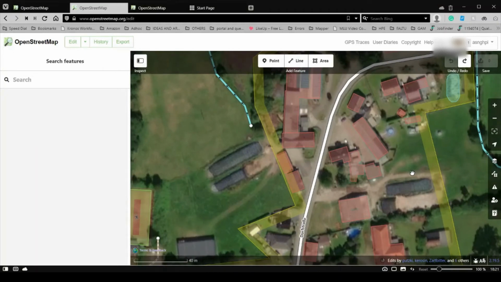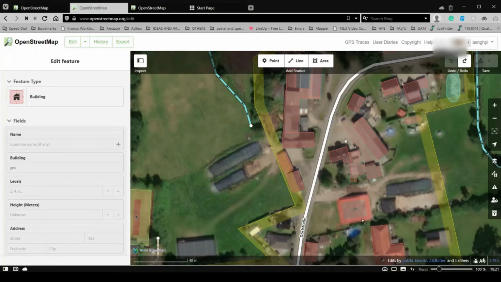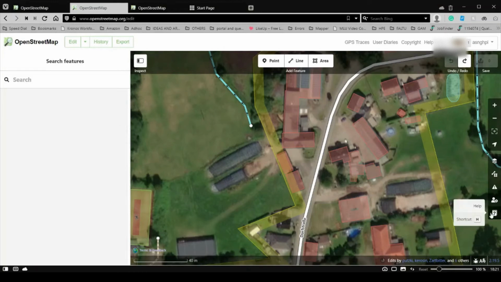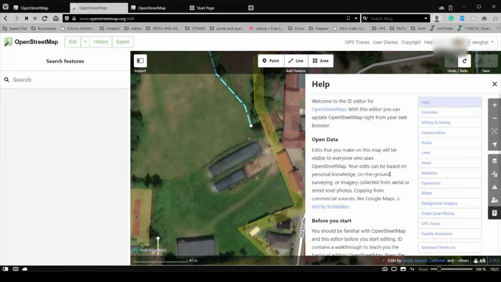There is also a dialog box to the left of the map. The dialog box is where you will be able to input information about the points, lines and areas that you map. It's okay if you do not know the name of a place, road or area. Just marking it on the map so that the data exists is very helpful for others who can add more detail. Please pause this video for a moment and get familiar with various buttons in the iD editor.